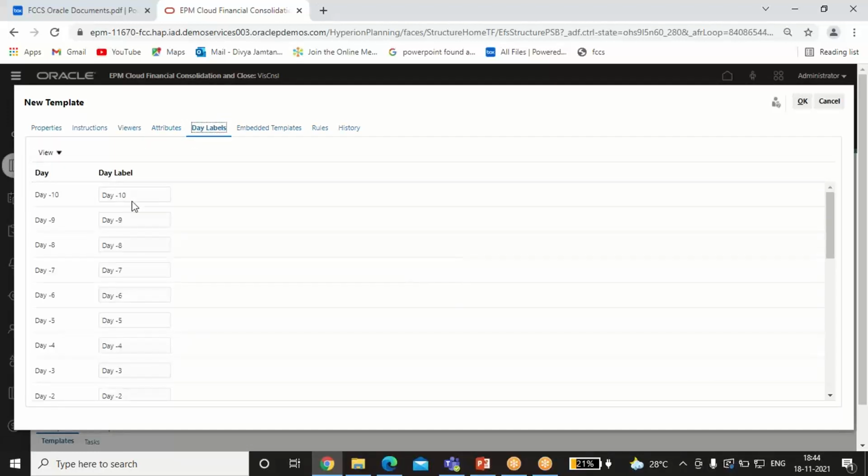In day labels, you define the number of days before day 0 from which you can start the work, and after day 0 the days in which you have to complete your work. Like I chose -10, that is I can start my work 10 days before day 0, and I have to complete within 15 days after day 0.